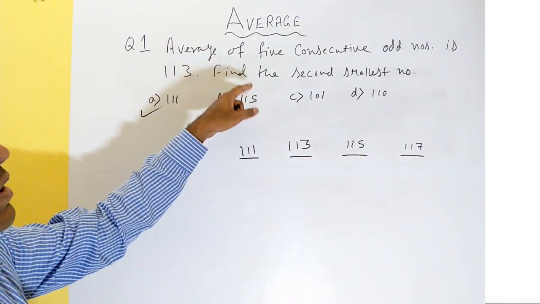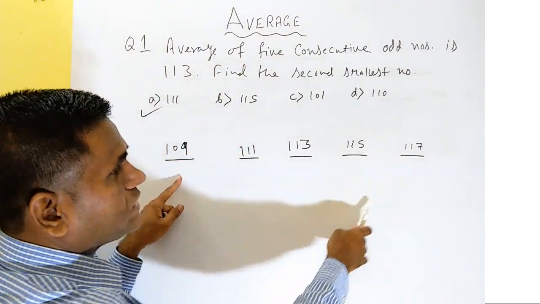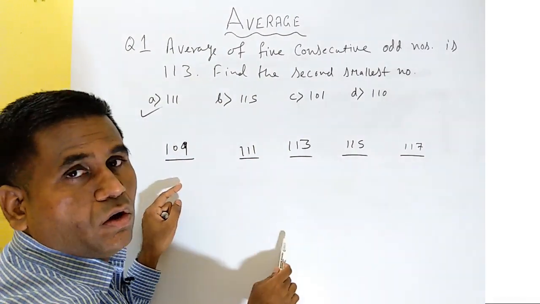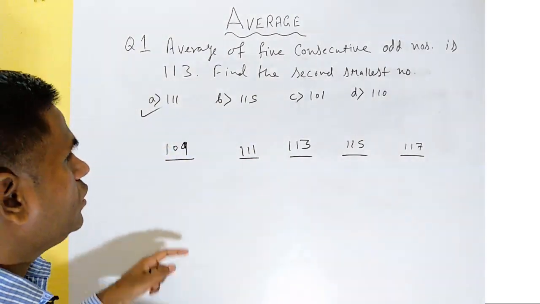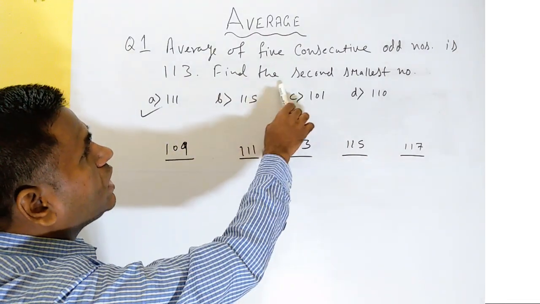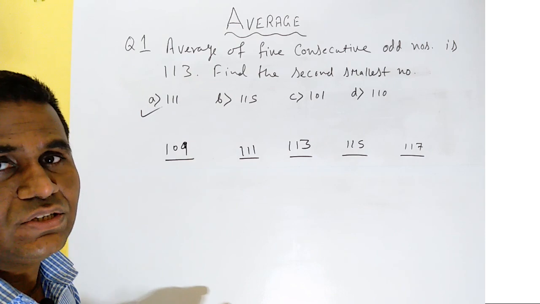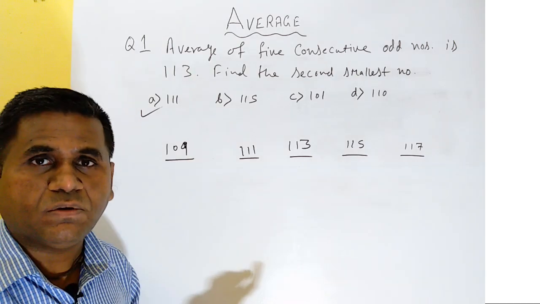So in this same problem, it may come that find the sum of first and last number. So you can write all the numbers and find the sum, or you can find the product of first and last number. Okay, so however the question comes, you will be able to do it very easily using this trick. Now let us solve one more problem, friends.